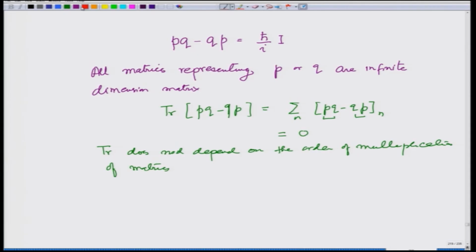On the other hand, if I look at the right hand side, h cross over i and take its trace, which will be h cross over i summation n 1, it will come out to be infinity. So left hand side is 0, right hand side is infinity, and that is true for any finite matrix. So left hand side is 0 and right hand side is infinity, and that cannot be true unless